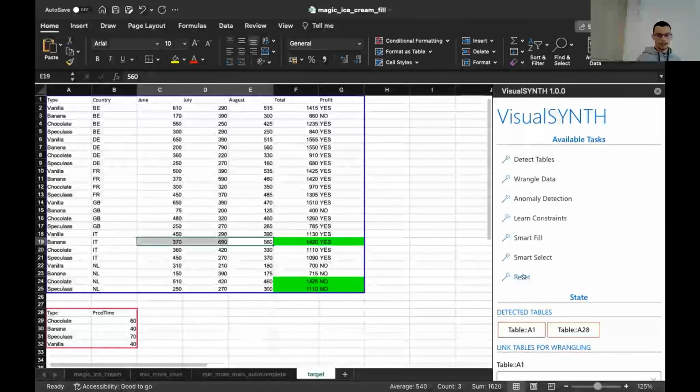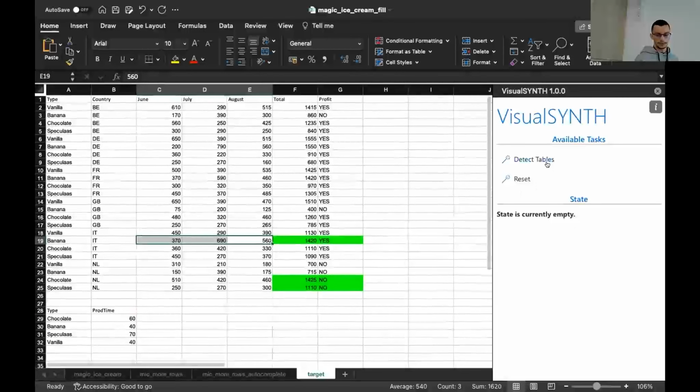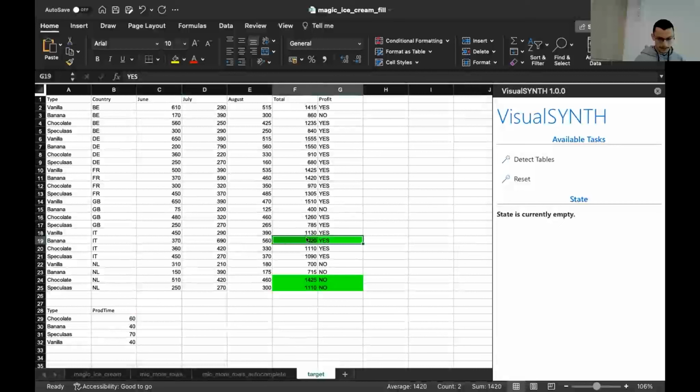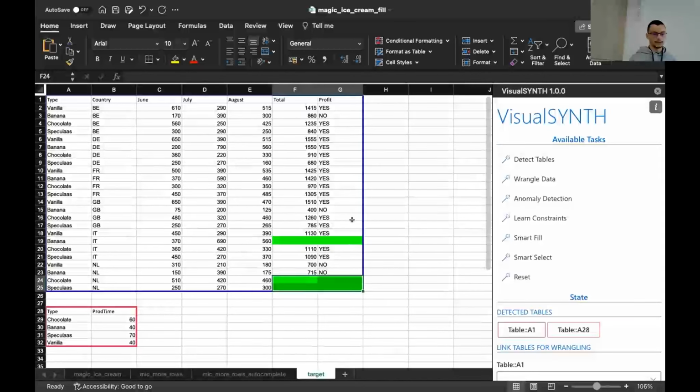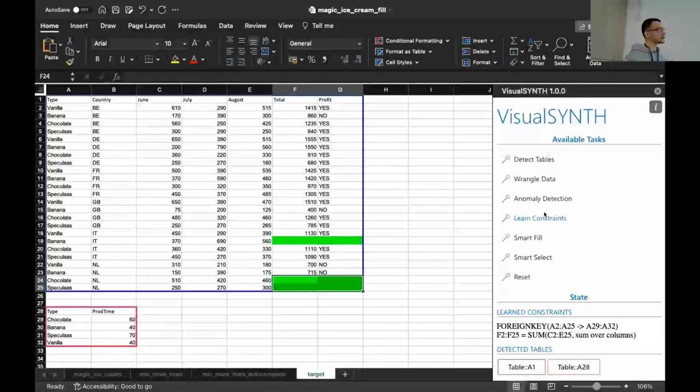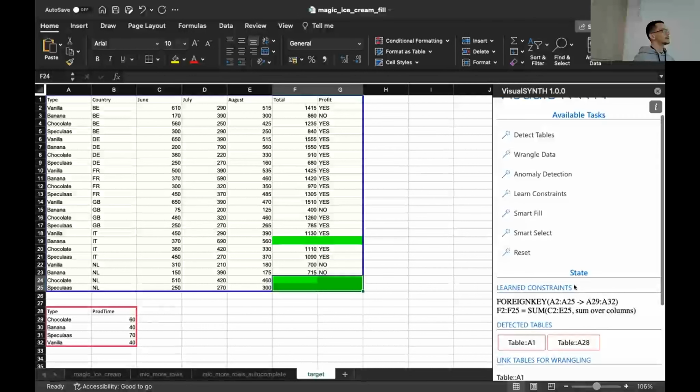So what I'm going to do is reset, and I will delete this data again and repeat. I will detect tables. First, I will learn constraints. And in this case, we can see that in the actual state, the constraints can learn that the values from F2 to F25 are the sum over the columns from C2 to E25.